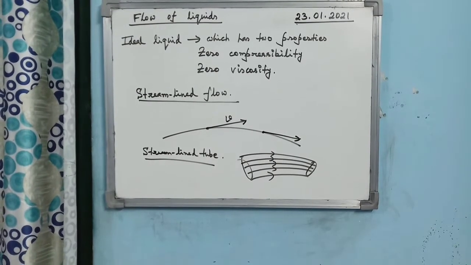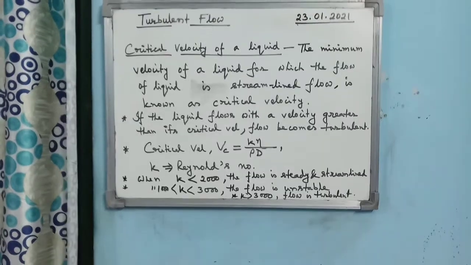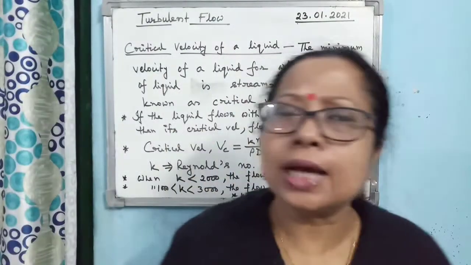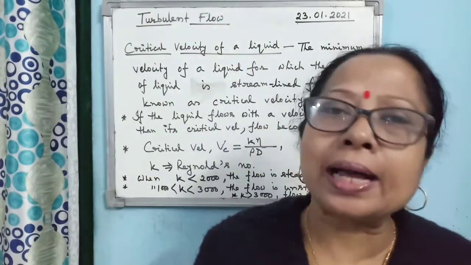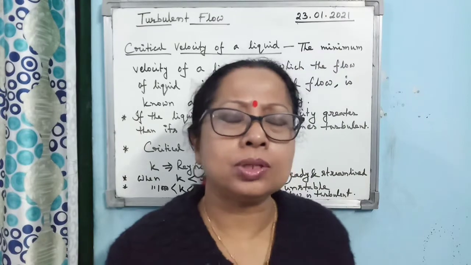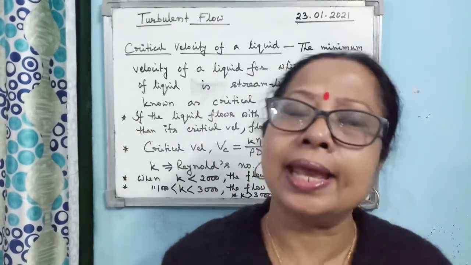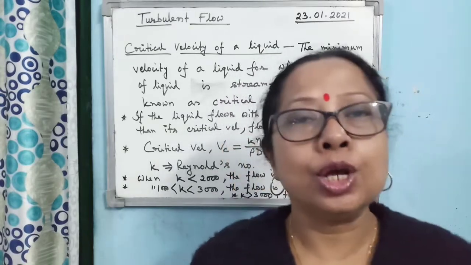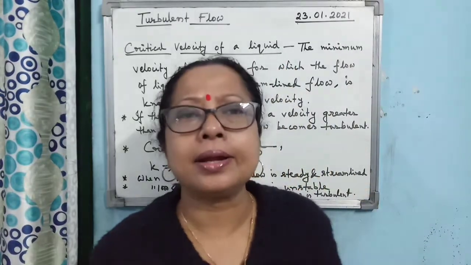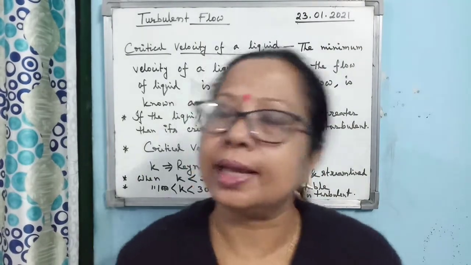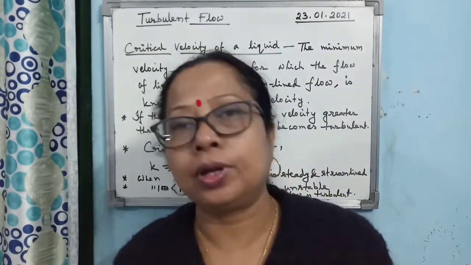Next kind of flow is turbulent flow. So as I said, the next kind of flow is known as the turbulent flow. Turbulent flow means that the particles are not following any regularity, any rules, any direction, with any speed, all the particles are moving. Means there is no similarity between the speed or direction of motion of the particles. Then it is known as the turbulent flow.